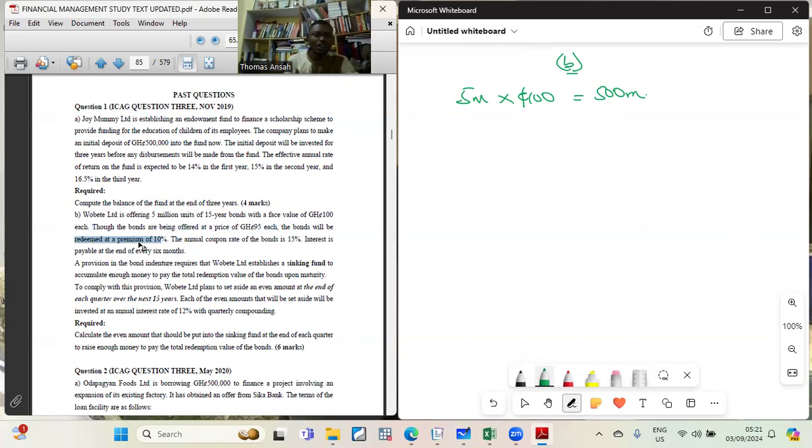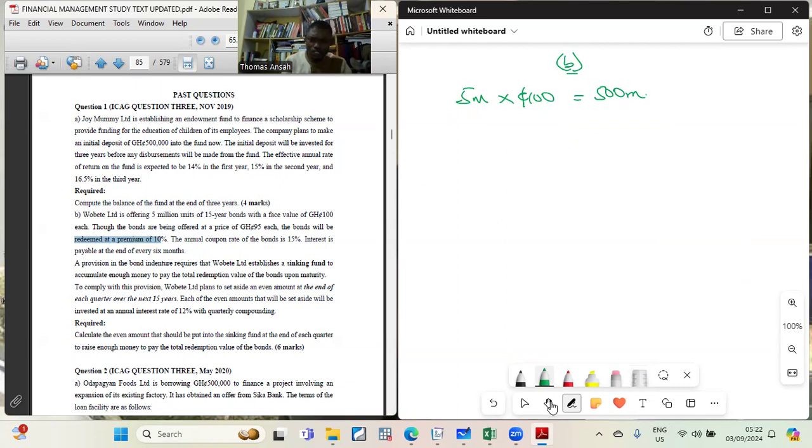So what does it mean? It tells you that normally the bond price should be 100, but he is offering it at 95. That means that he's offering the bond at a discount. Initial measurement, discount. There will be a discount. Now, even though he is offering it at a discount, there is a premium. It doesn't normally happen like that. So let me take this opportunity to explain something to you. We will do bonds later.